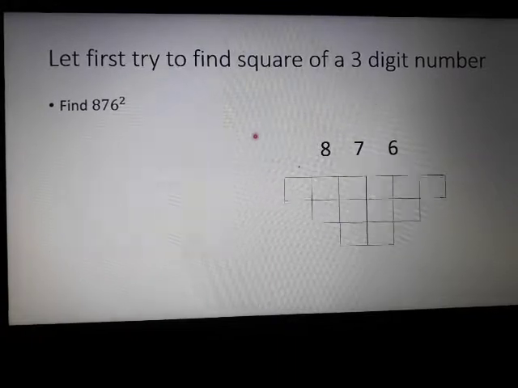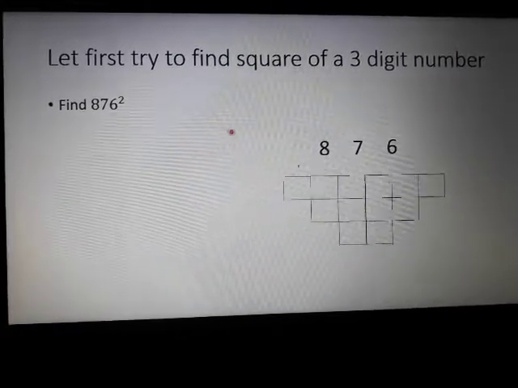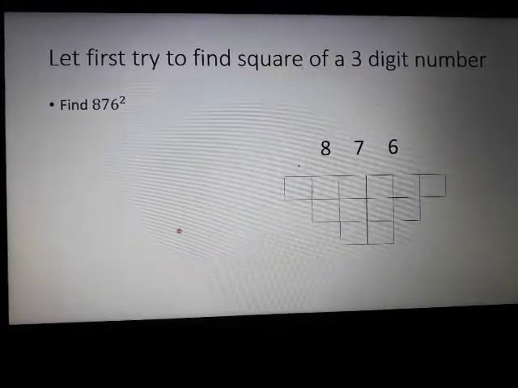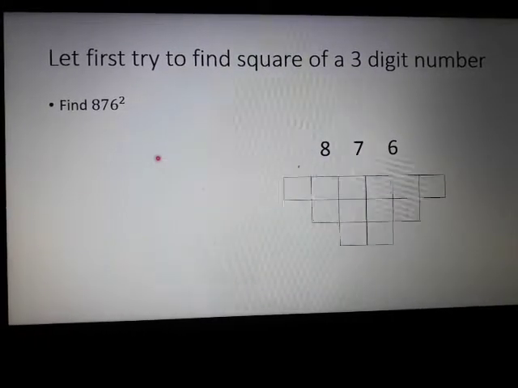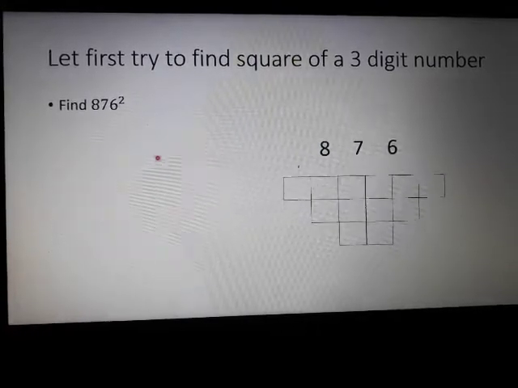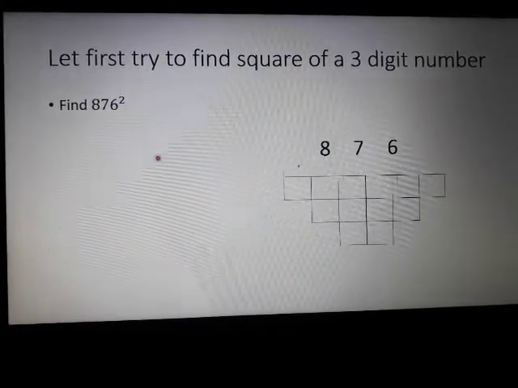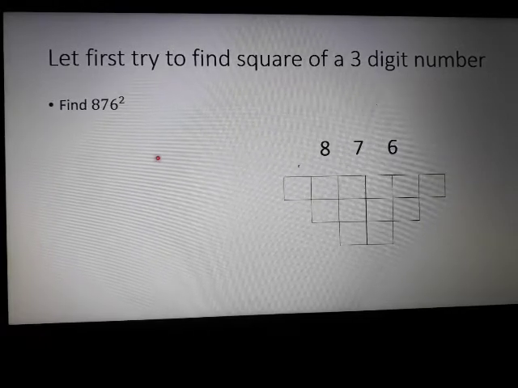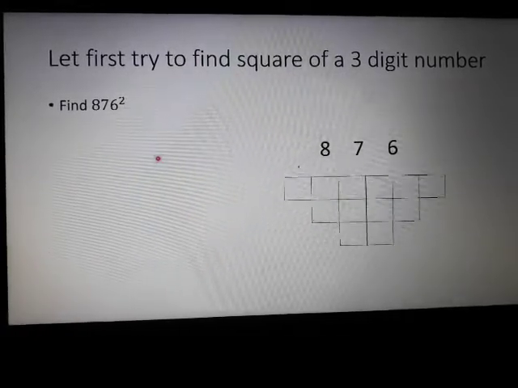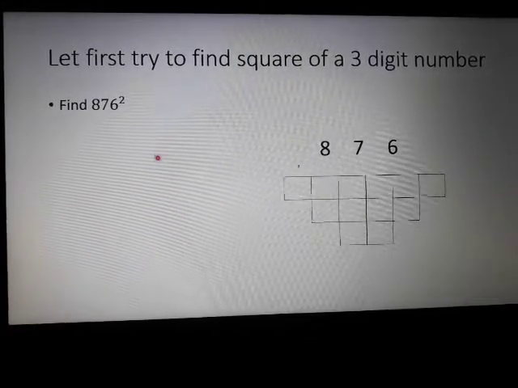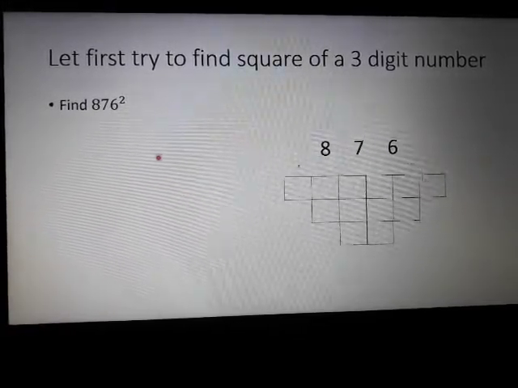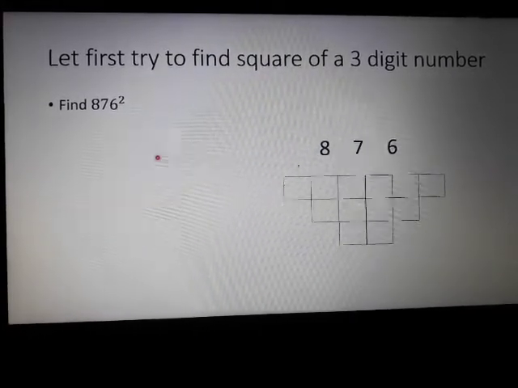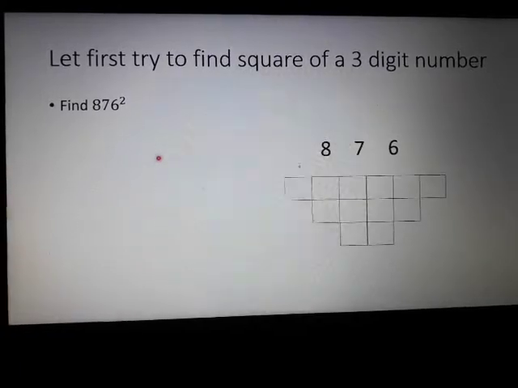In this video, we will be considering the method of finding the square of a 3-digit number using the inverted pyramid technique. The procedure to find the square of a 2-digit number and that of a 4-digit number will be considered in 2 separate videos. And after all these 3 videos are done, later on I will be explaining how this inverted pyramid technique can be expanded to find the square of, let's say, a 5-digit number, 6-digit number, 7-digit number, and so on, in the form of a general algorithm.